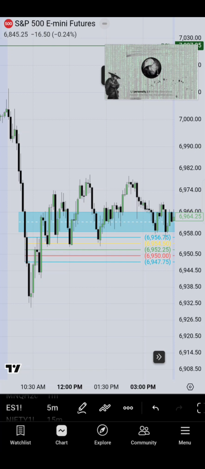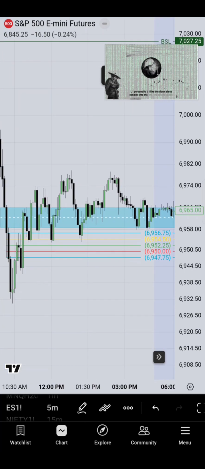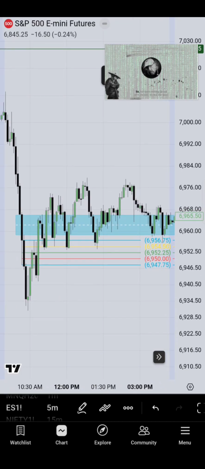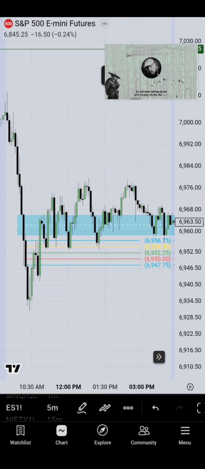I personally like the down closed candles into the graded wicks. But even coming up out of it, if there's a wick, the wick will take precedence over imbalances. It will take precedence over order blocks. The wick is a gap. So if we have an instance like we have here where there's two candles side by side and the wick's to the left of it, disregard it. Act as if that candlestick to the right of it doesn't even populate on your chart. Just ignore it. And then visualize the range that the highest high and the lowest low of the wick is